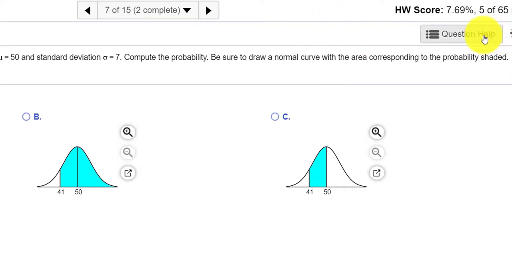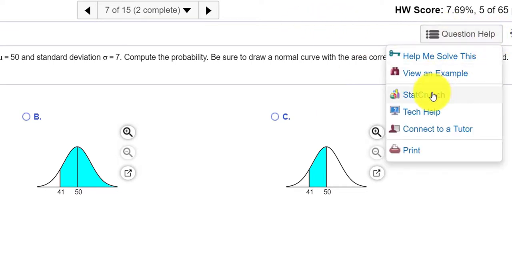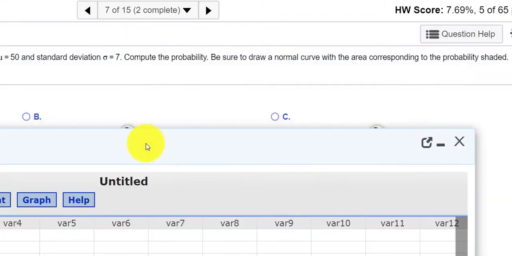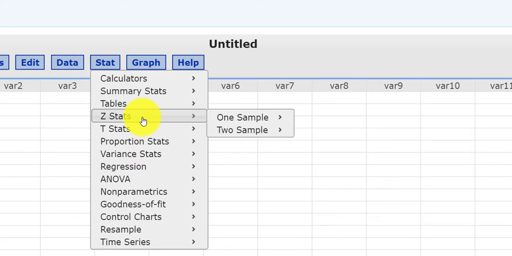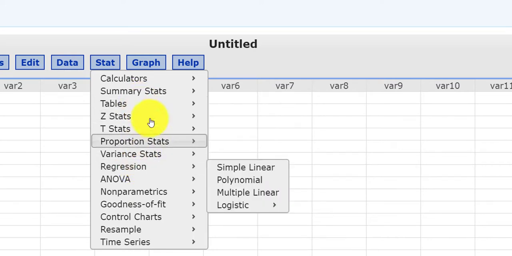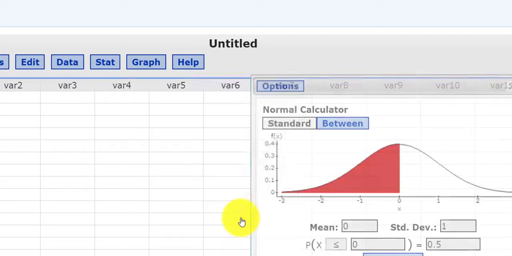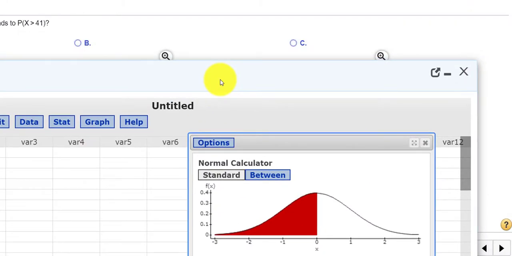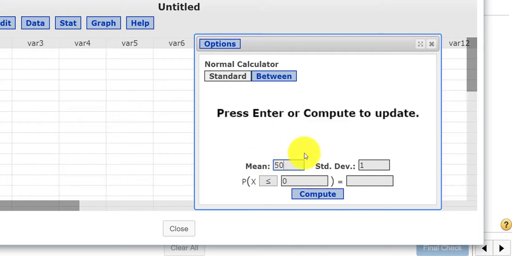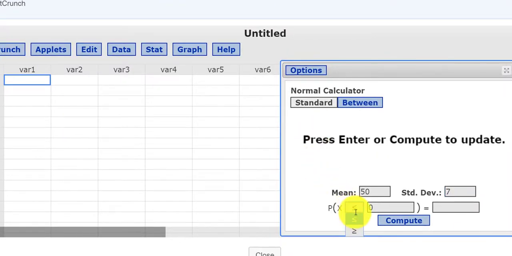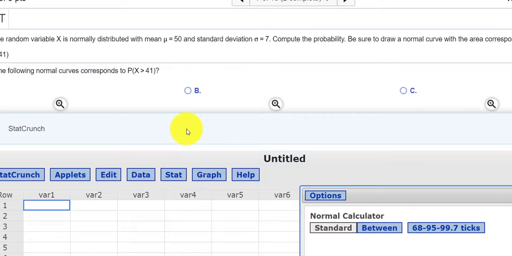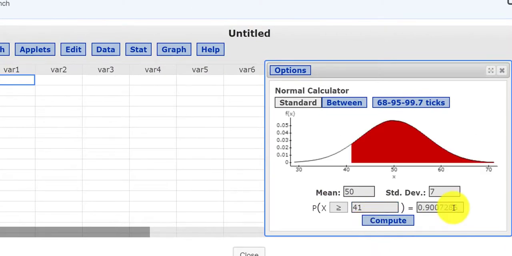We can verify that by pressing question help, StatCrunch, and then we're going to draw this. But now, in the past, we left the mean as 0 and the standard deviation as 1, I believe. So this time they actually provide us with the mean. The mean is 50, and the standard deviation was 7. And we want to know the probability that x is greater than 41. So I do x greater than 41. That comes from over here. I press compute, and